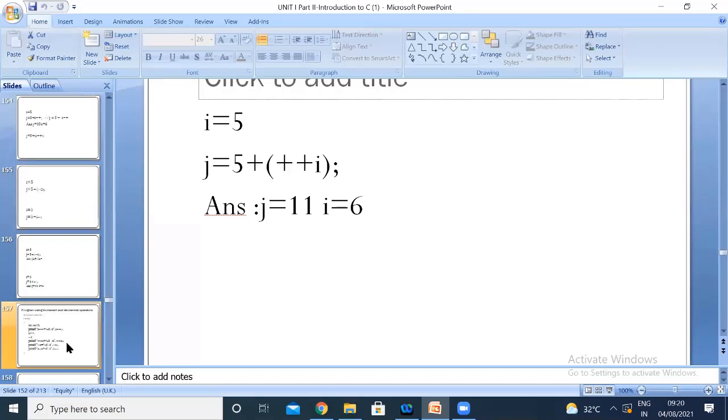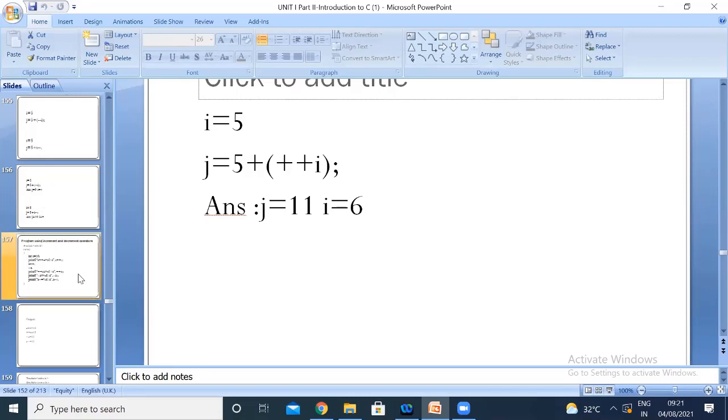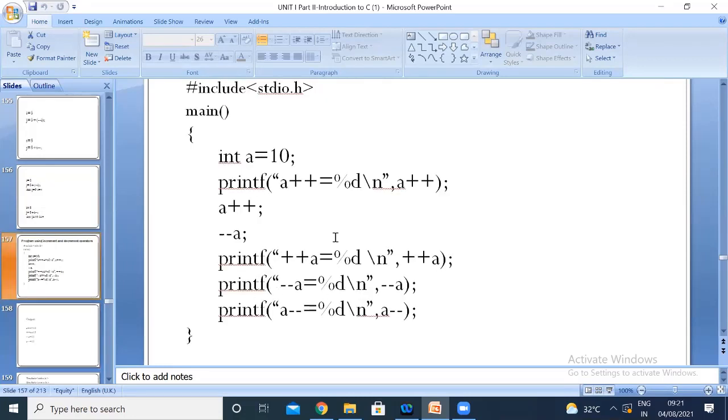Okay. So can you do any kind of sum in this? Now tell me the answer for these things. A is equal to 10, A plus plus. So let us take this example. I had taken A and assigned the value of A as 10 here. What is A plus plus?